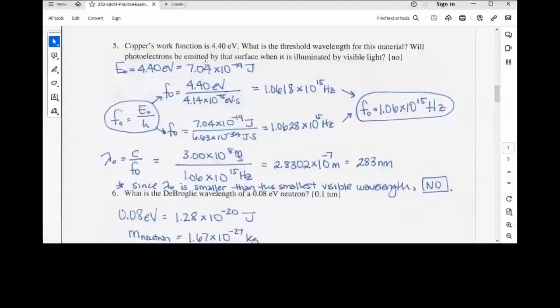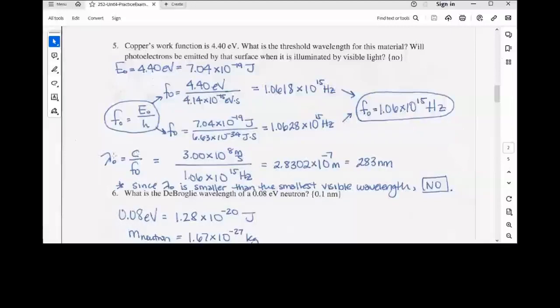I can start with the work function, and I have it converted into joules just to demonstrate that you can do this either way. I don't think I stated it before, but the conversion factor is that 1 electron volt is equal to 1.60 times 10 to the negative 19 joules. The threshold frequency can be found by taking the work function and dividing it by Planck's constant. So I used both methods to come to the conclusion that that would be 1.06 times 10 to the 15